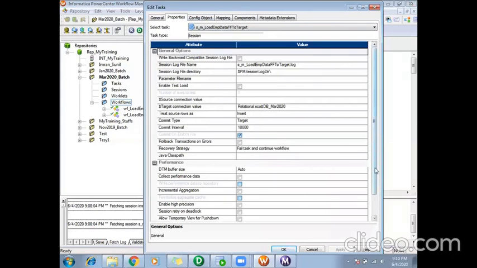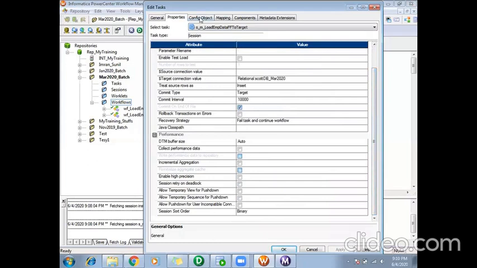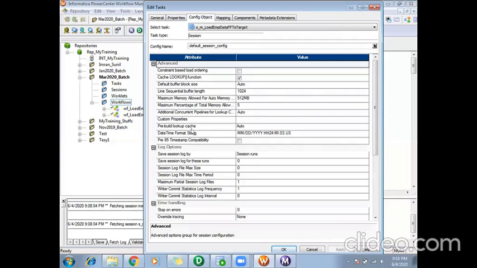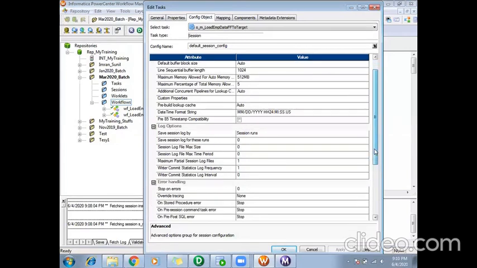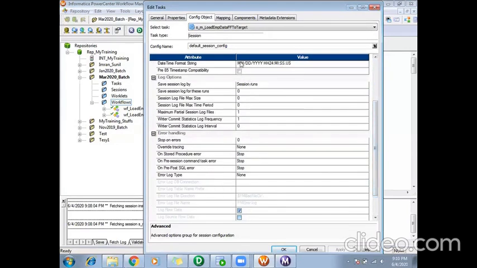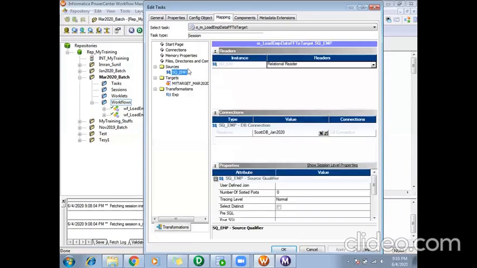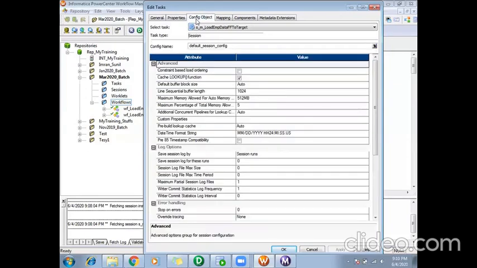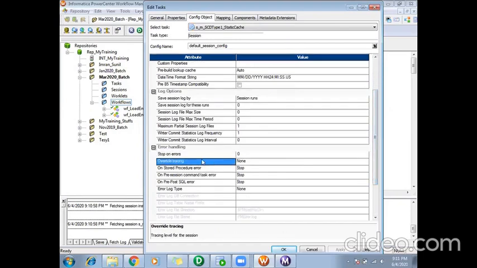Yes, in the session. Yeah, this one. Override tracing.